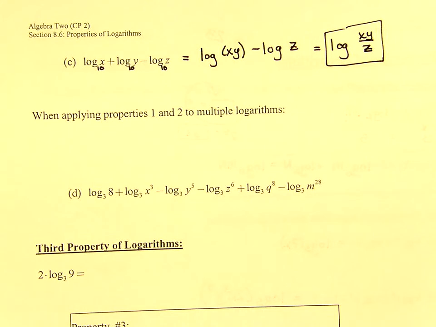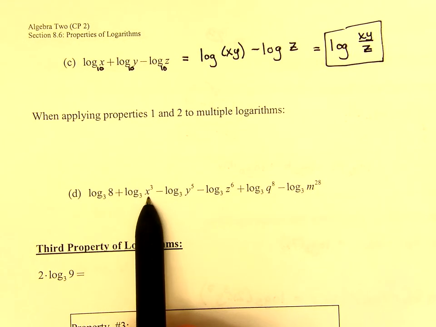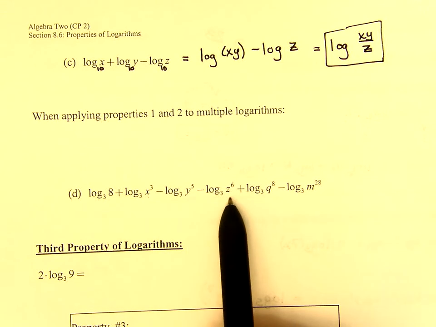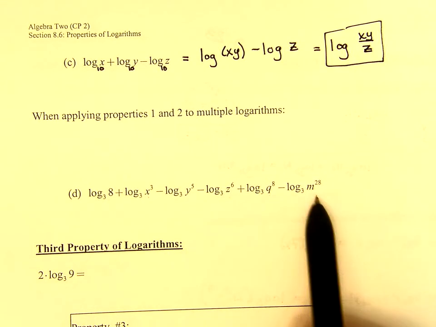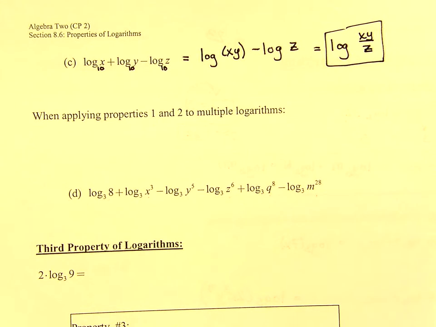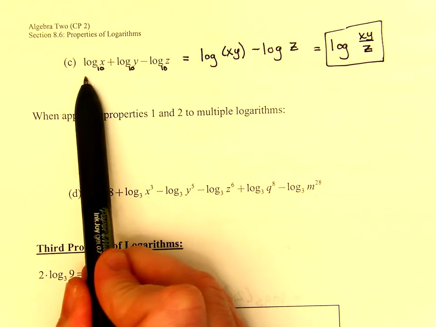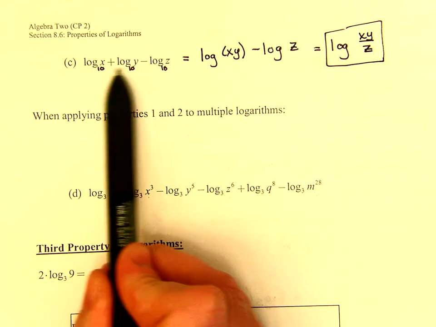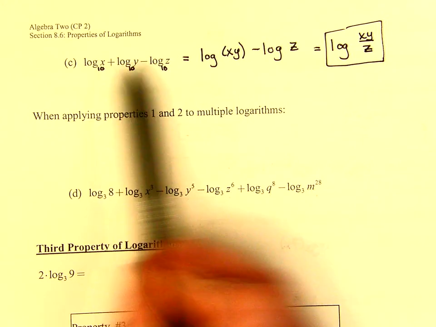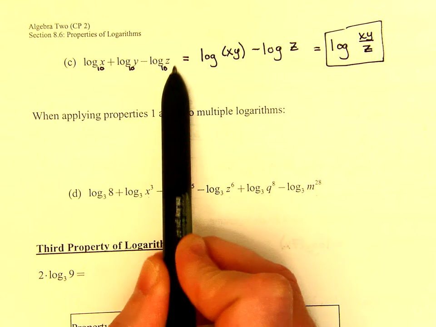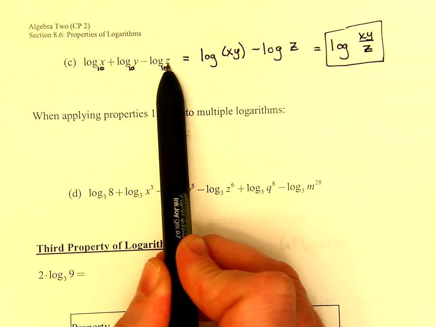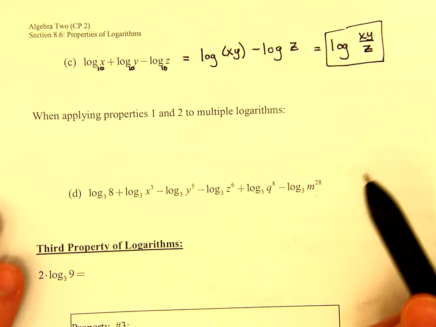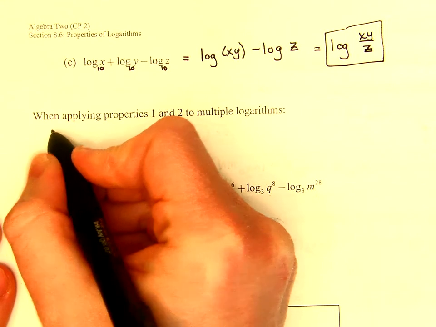That next example is going to be a pain. I need to multiply 8 times x cubed, and then divide that by y to the 5th, and then divide that by z to the 6th, and then multiply that by q to the 8th, and then divide by n to the 28th. There's an easier way to deal with this problem, and actually any of these problems that involve several addition or subtraction problems. If you look back at letter C, the logs that had a positive sign before them, so our log x plus log y, the stuff inside those logs ended up on the top of a fraction inside our log. The logarithms that had a negative sign before them, the stuff inside that log ended up on the bottom of our log. To sort of summarize this, I can say that for any log,